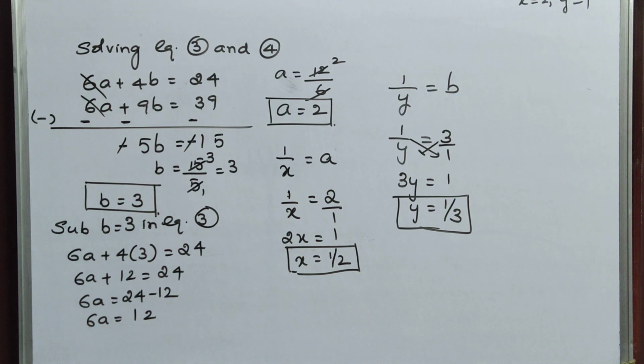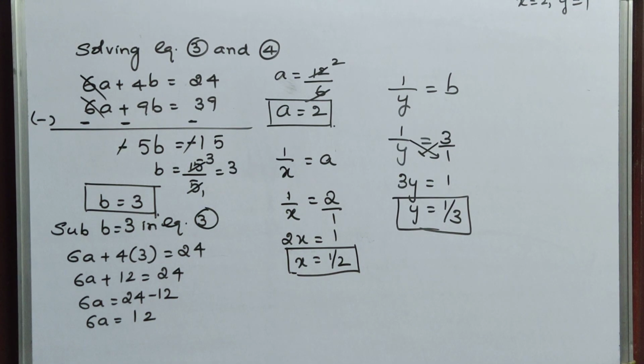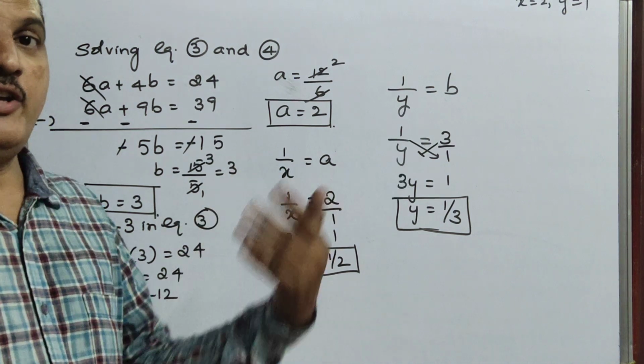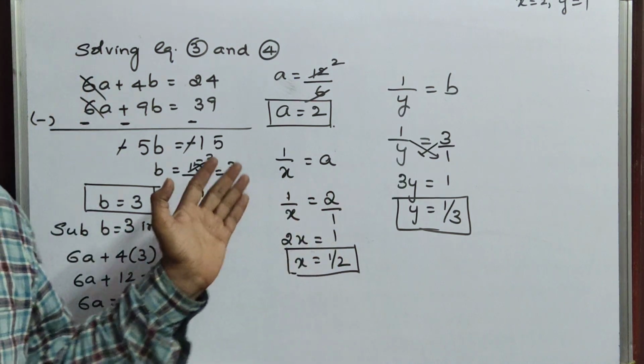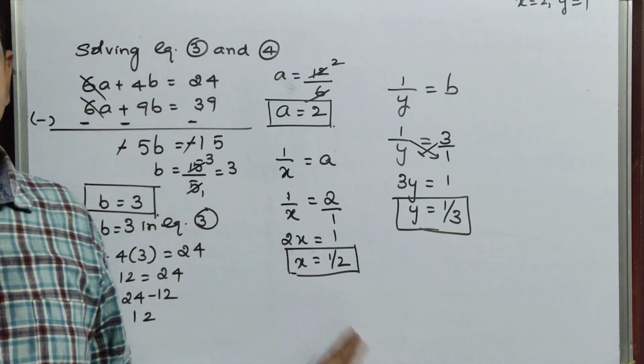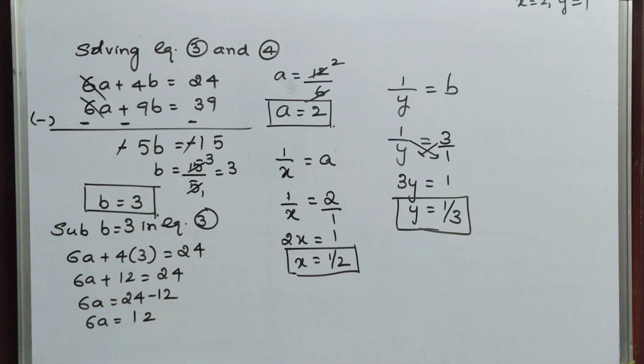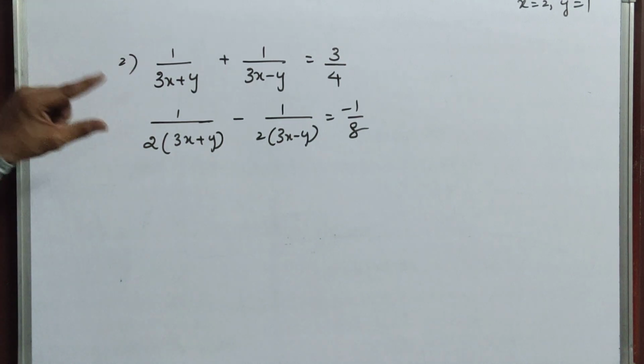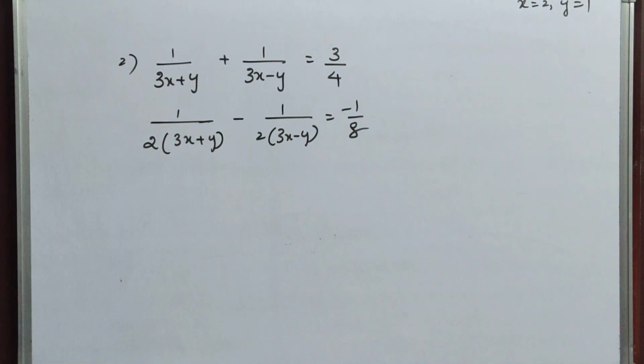Okay children, in this way you can do the sums. So children, I think now you understood the concept if they give it in a different way. Just now I gave you the question for this. Is it clear? Suppose the same question comes in a different form, one more question I am giving you, but I will not explain. Once check it. See here, if the question is given like this, then how are we going to solve it first?